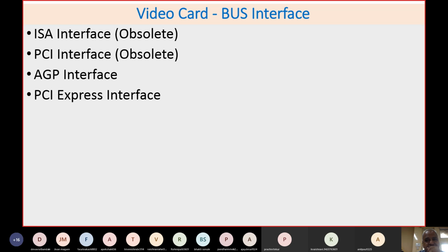Then the most used interface nowadays is AGP, that is, normally called the accelerated graphics port interface, or it can also be the peripheral component interconnect express interface, because we have seen PCI Express is almost 1,000 times faster than the PCI interface.